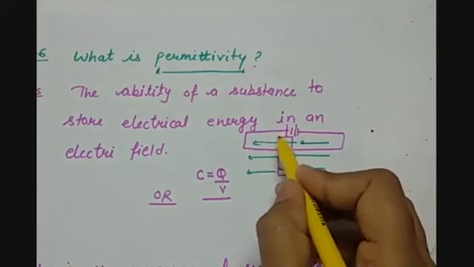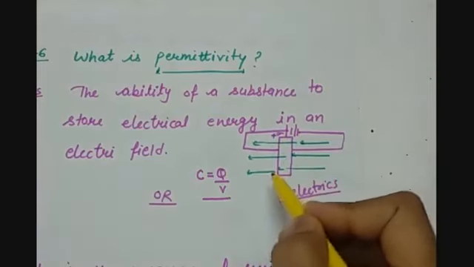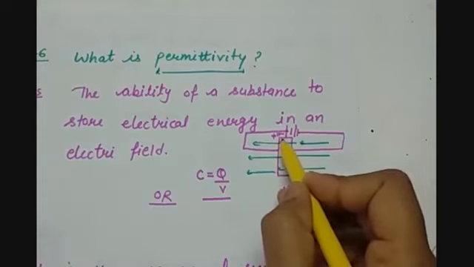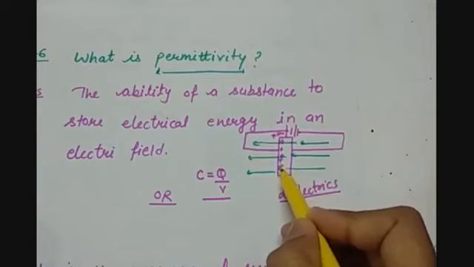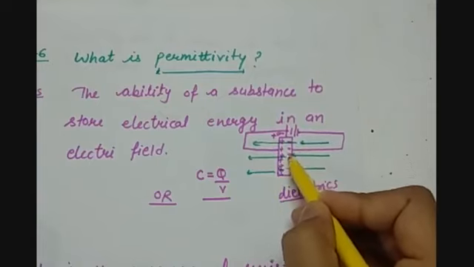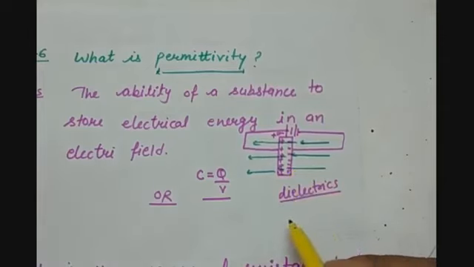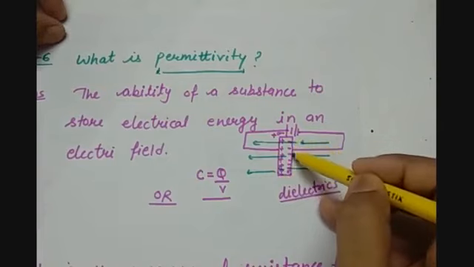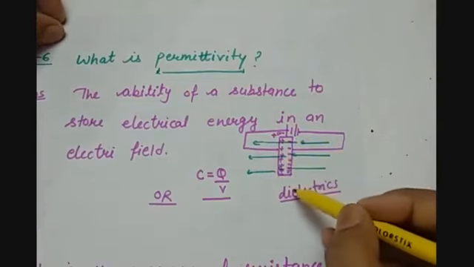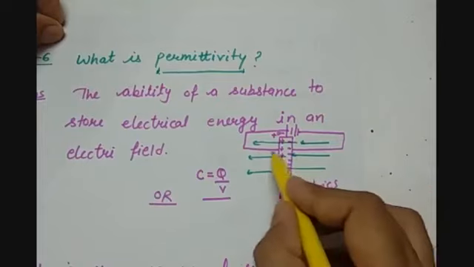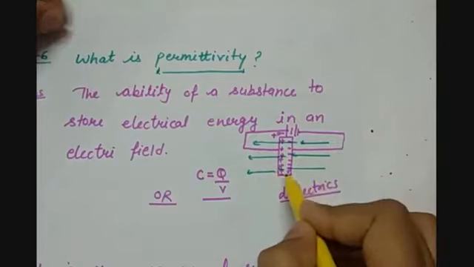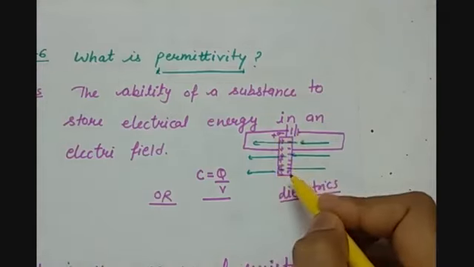Then on one side we have plus sigma, that is positive surface charge density. That means we will have charge separation. One side positive charge will accumulate, and the other side negative charge will accumulate on the surface of the material. These charges are not going anywhere in the circuit, but remain on the surface of the material, and this is how the material is storing the charge.